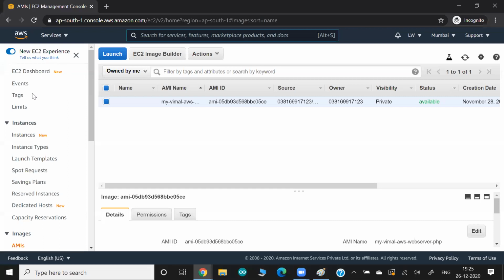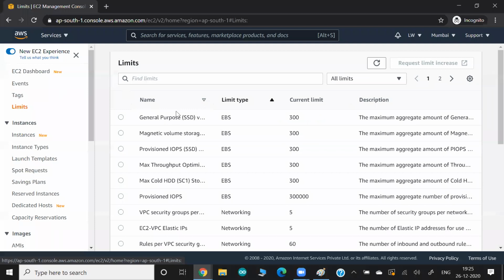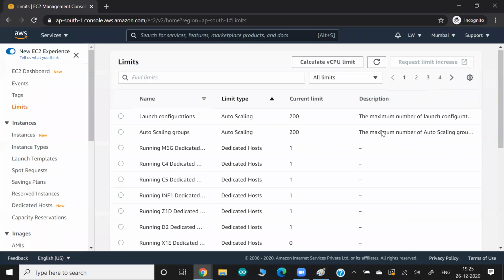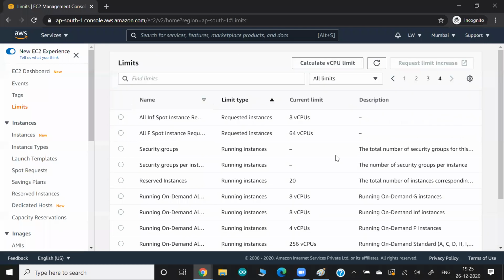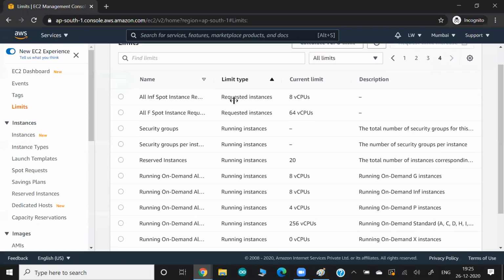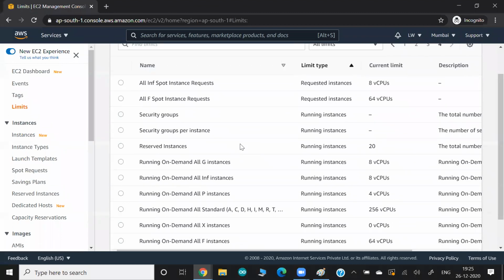If you go to EC2, to limits, and check the last page, normally for practice we use the T2 micro instance. And by default, in a new account in the Mumbai region,